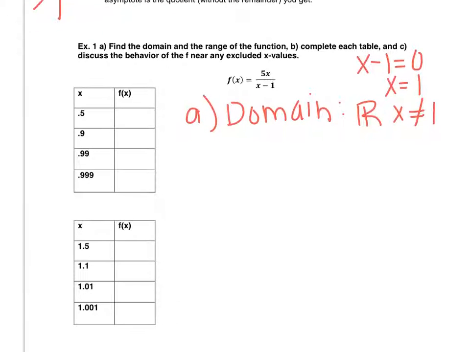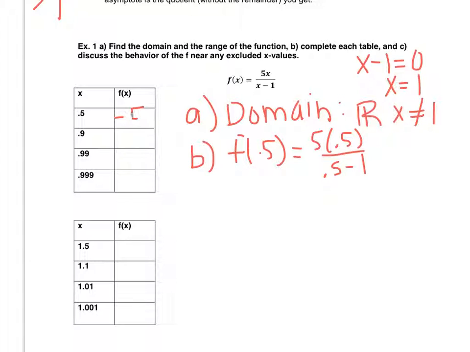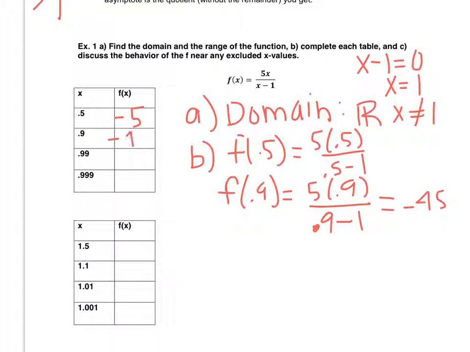On part B, it says to complete the table. So what I'm going to do is fill in the table with the values. How do I get the values? Well, you just take like 0.5, 0.9, 0.99, 0.999, and you plug it in. So f of 0.5 equals 5 times 0.5 over 0.5 minus 1. When you plug that into your calculator, you get the value of -5. So if I were to plug in 0.9, 5 times 0.9 over 0.9 minus 1, that's a point, not a negative, you would get the value -45. So you just fill in your table,